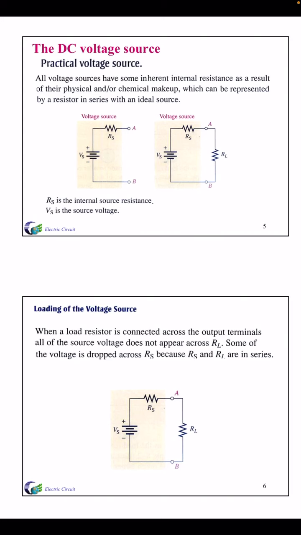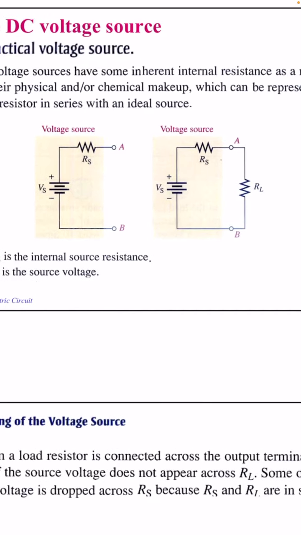But practically all voltage sources have some very small internal resistance, so for this purpose we will have a diagram like this, as you can see on your screen, where we have a voltage source of voltage Vs, and its internal resistance is shown here as Rs. When we connect a load resistance RL, the circuit will have a voltage source Vs and two resistors Rs and RL in series. So the current will be given by Vs upon Rs plus RL. The total resistance will be Rs plus RL.